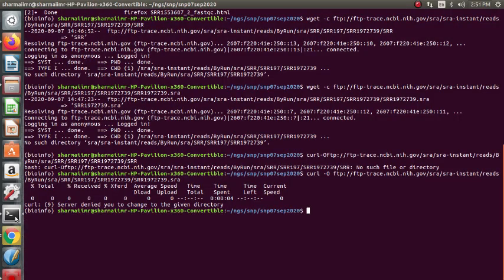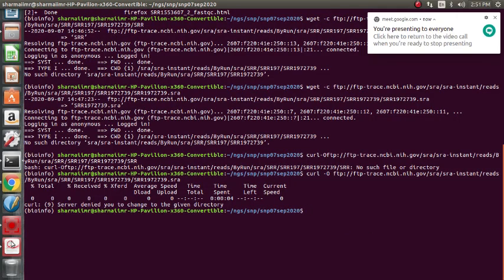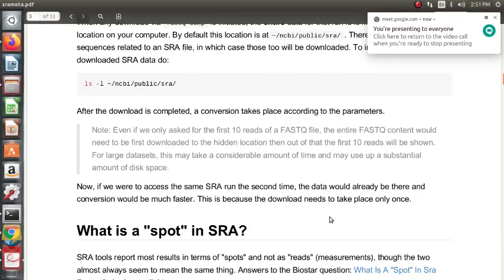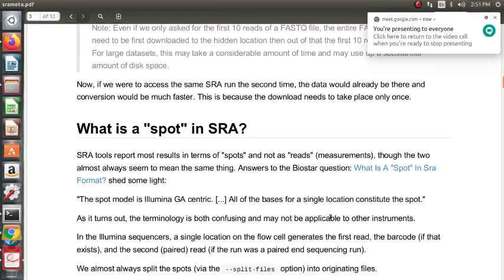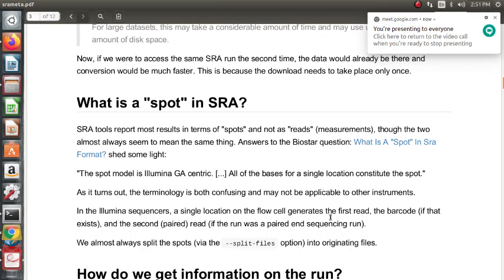That is the stream data. So the entire FASTQ file is being streamed, but from the stream we take only the first 10,000 reads, or whatever number of reads we specify in fastq-dump using the qualifier capital X.